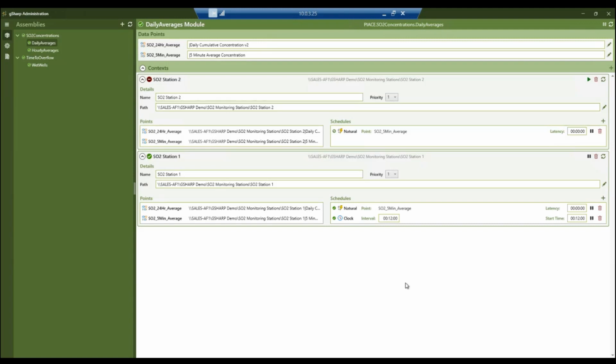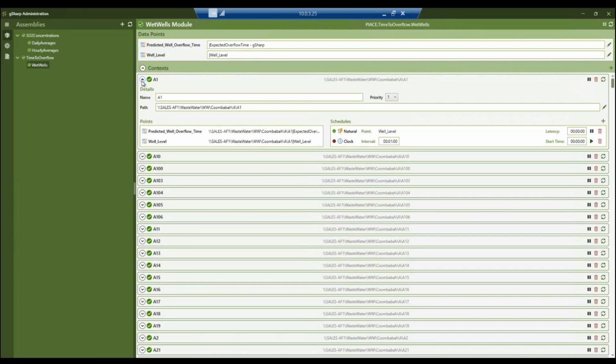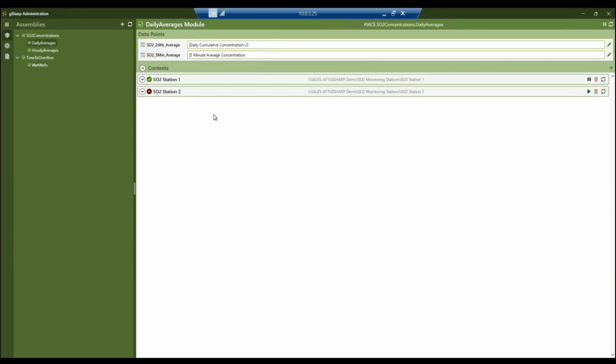currently working on at the moment, is a small utility that will allow you to migrate the context definitions that you have in PyAce, so that in the instance where you have something like 500 odd contexts or more, we don't want to have to go through this process of doing the individual stations or context, setting up their schedules. So we are looking at the ability to have some kind of bulk context definition importer and allow you to remap those contexts to an appropriate asset database.